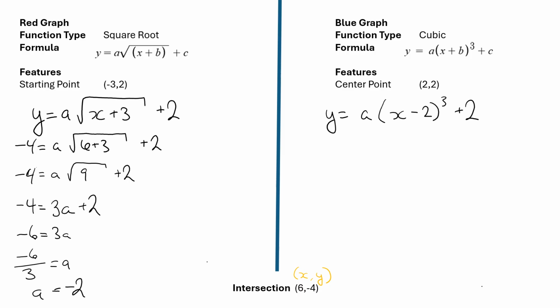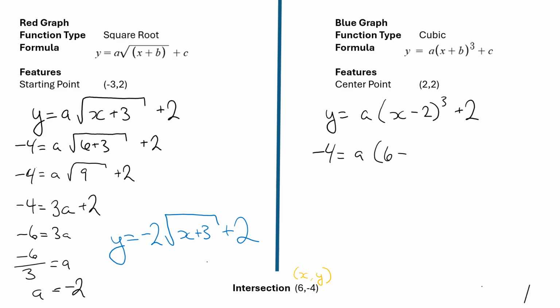So my equation for that, and I'll change my color, y equals negative 2 square root of (x plus 3), all plus 2. Gorgeous. Now we've got to do our other side. Same thing again. We're substituting in our x and y values. Minus 4 is equal to a times, oops, I almost put x, and what I meant was 6 minus 2,